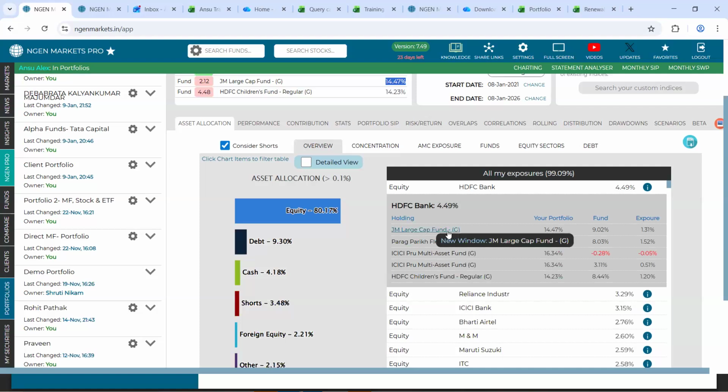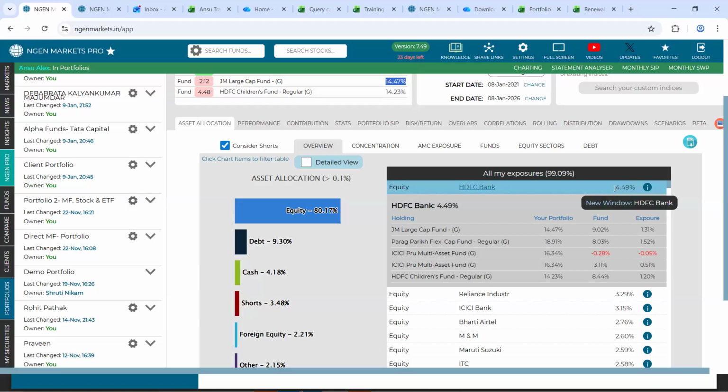Out of that, JM Large Cap has 9.02% of HDFC Bank in its portfolio. And basis that, we arrive at a weighted average exposure, which is just a multiplication of this 14.4 with this 9%. Hence, we arrive at a weighted average exposure. And once you total this exposure column, it comes up to the figure that you see on your screen.